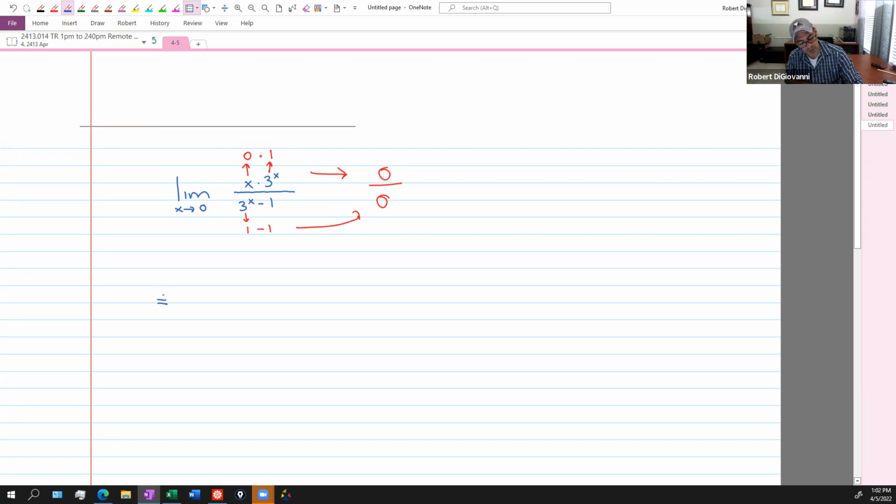So using L'Hopital's rule, I'm going to put an L and circle it. You can put an H, whatever you want. Just somehow indicate that you're using the rule. And then I take the derivative of the top. So the derivative of the top is a product. I have multiplication between these two things. So I start with first taking the derivative of x, which is 1, times 3 raised to the x, plus,